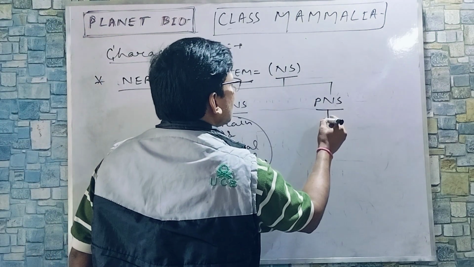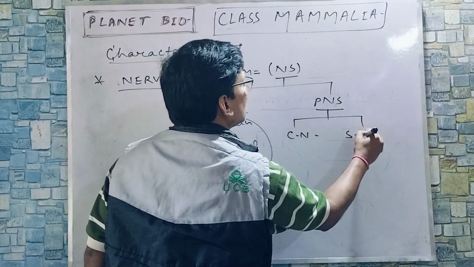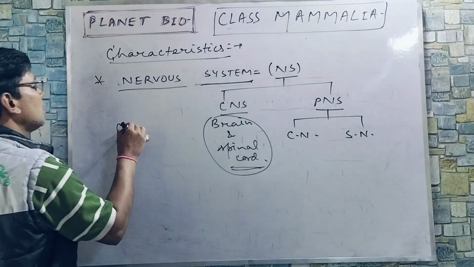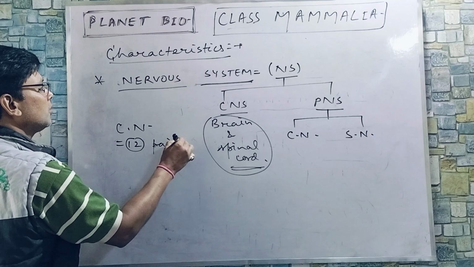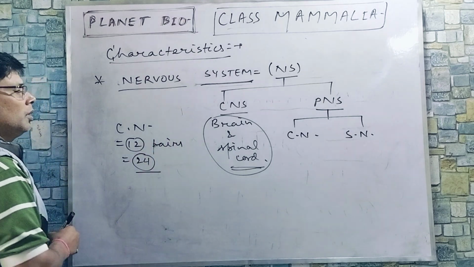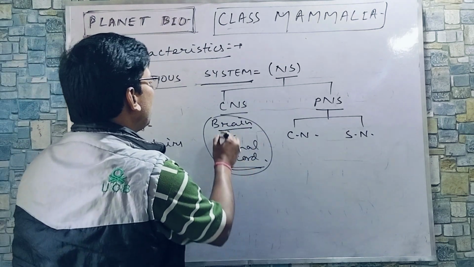And PNS, you can see, has cranial nerves and spinal nerves. The number of cranial nerves you can find is 12 pairs, that is 24. And one more thing, the brain is highly developed